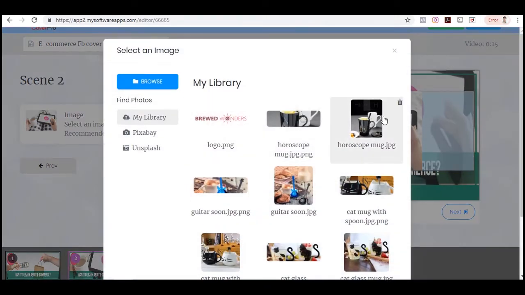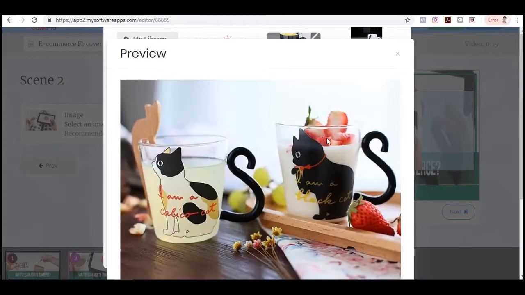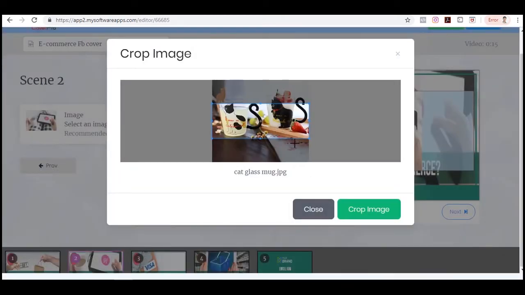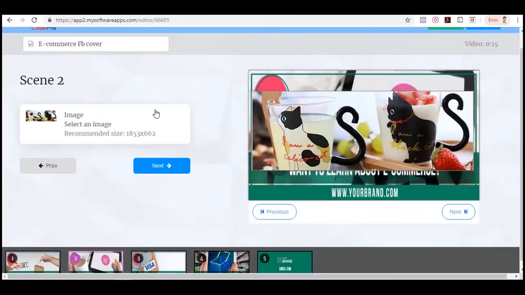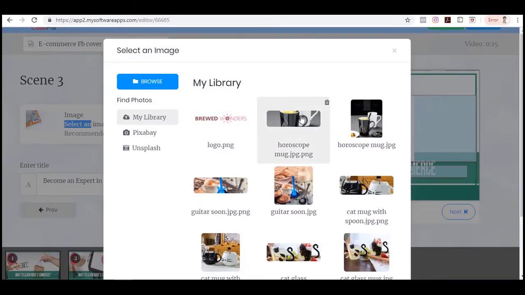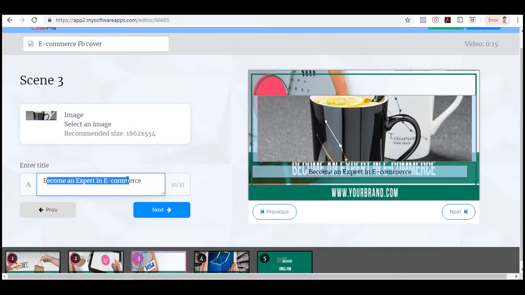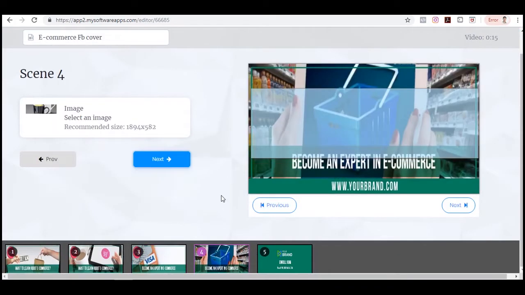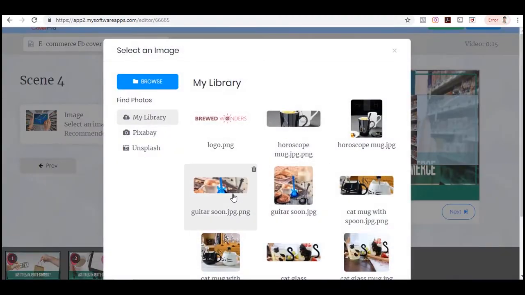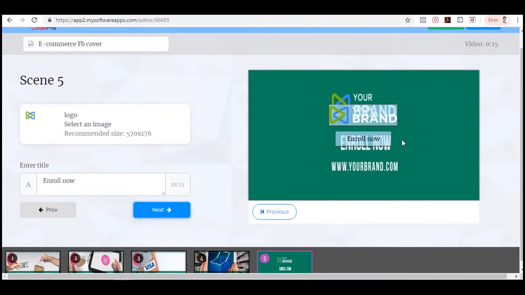Again, I can simply choose another image, and I can choose from any of these. Let's just choose this one, the one I used earlier, and again, I can simply crop that, position it somewhere, then click crop image, and there we go. Click next, and we are now in scene number 3, and let's just do pretty much the same thing, so let me just choose that and just add any text here, but for now let me just leave that. Click next, add another image, probably this one, click choose, click next,